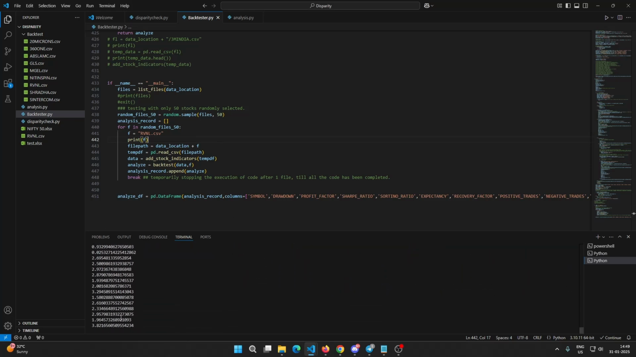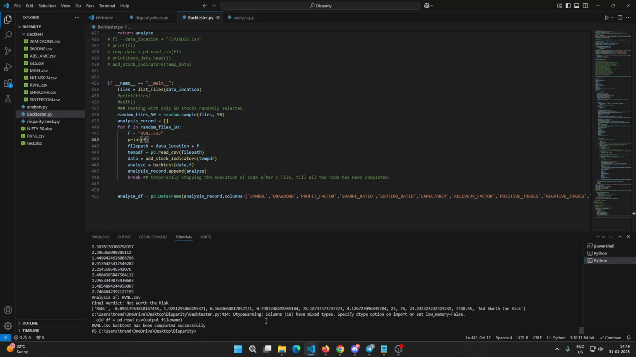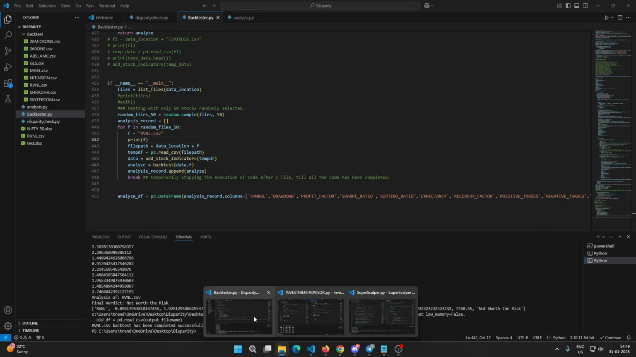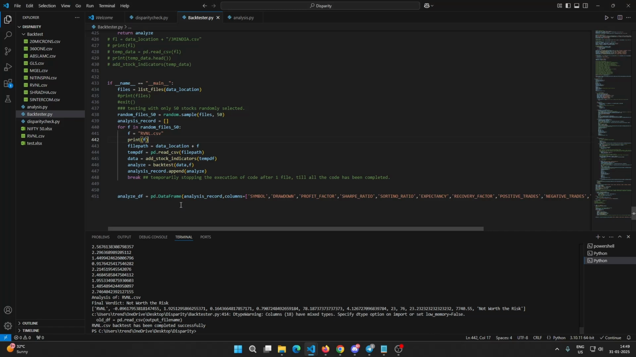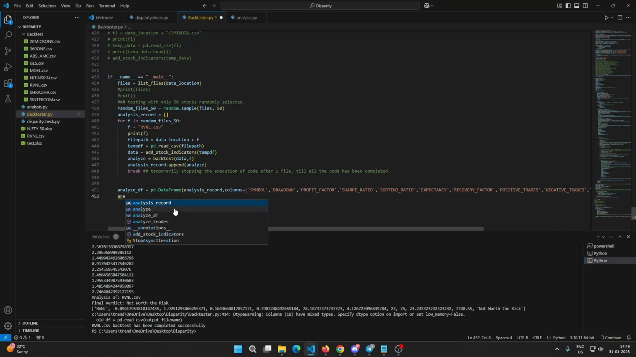Yeah, I need to disable this print. So this is the verdict, not worth the risks, and then it is completed. So now I should have an, wait, I didn't export the file. Okay, so web tester, right? So I created this, but I didn't export it. So analyze DF dot to